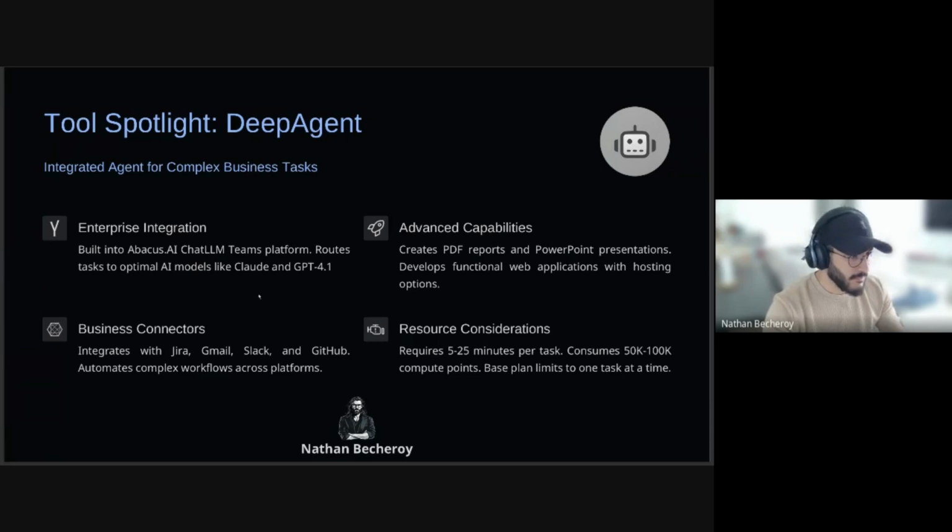DeepAgent is the multi-agent AI tool, which integrates complex agents for enterprise integration. So, for example, you can use ChatLLM, which I will show you just after that, the platform to route tasks, to use their own deep agent with the API, etc. It's really a complete tool.